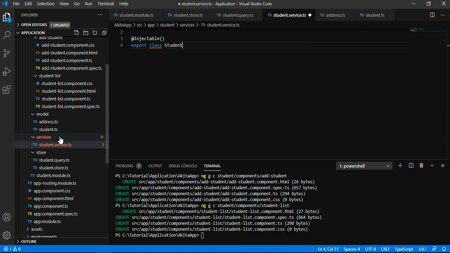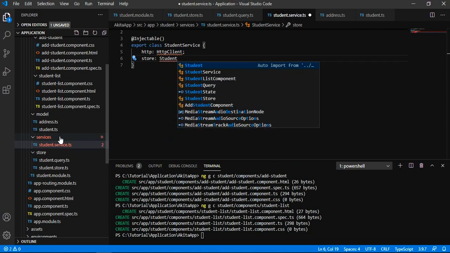Let me import the student service and create the object for HTTP, create the object for store, that will be student store, create the object for query,